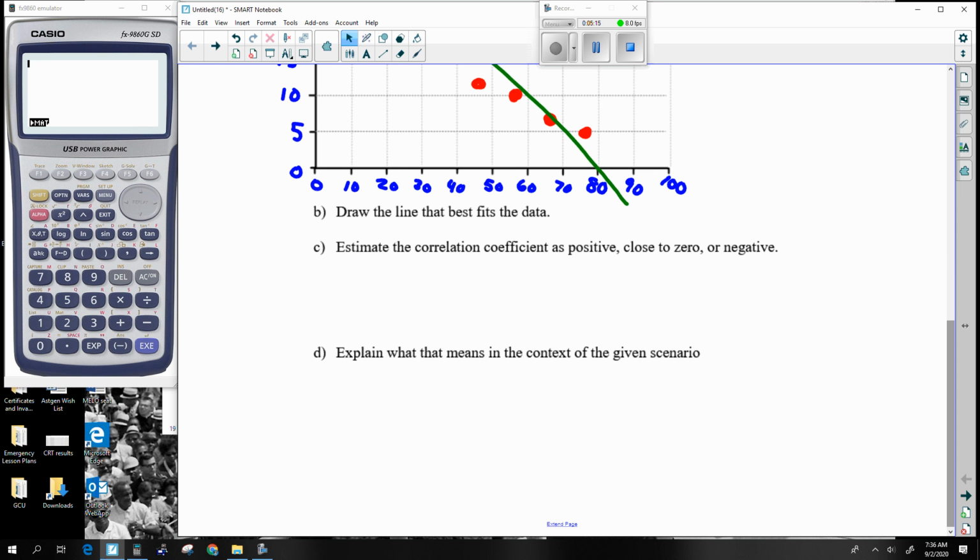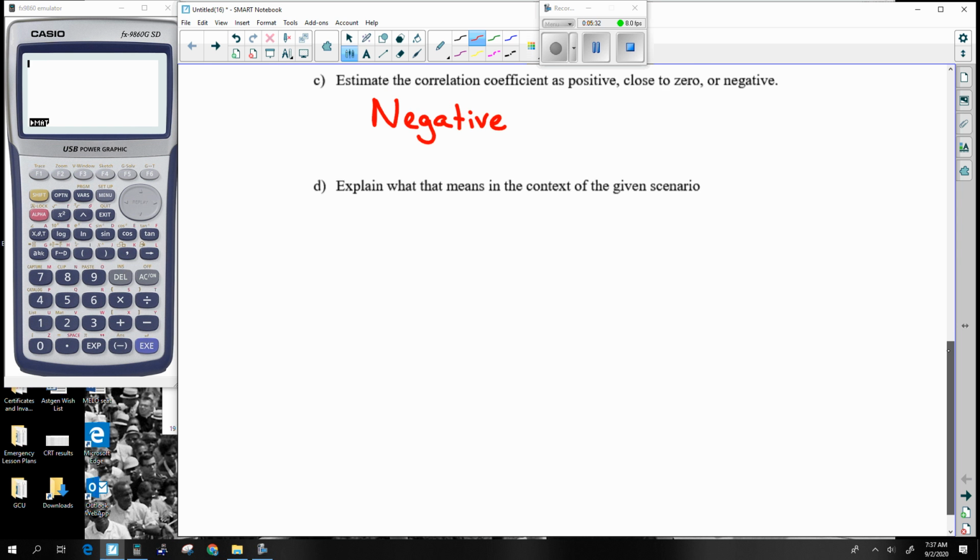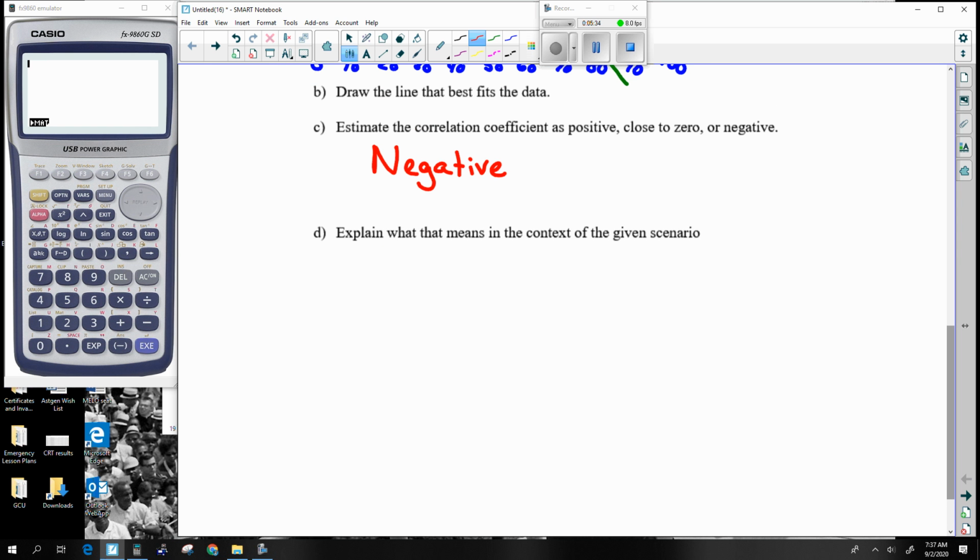Estimate the correlation as being positive, close to 0, or negative. This is negative. And last but not least, write the context of the scenario. So as the X increases, the Y increases or decreases. If you want a writing prompt, take a look at pretty much any video but this one. All right, so as the X,